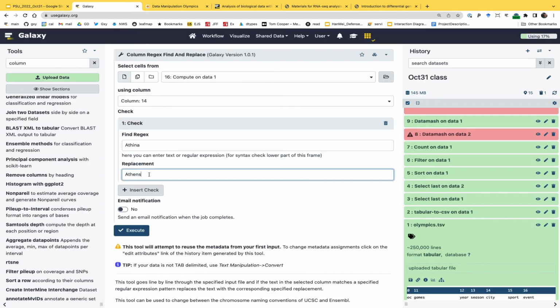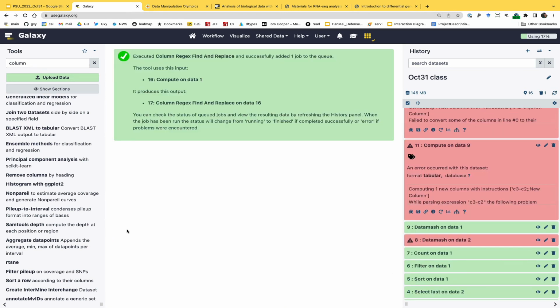In this case, it doesn't matter whether we have a header line or not, because the header line doesn't have Athena or Athens. It will just be skipped. So this is just a simple find and replace. But using regular expressions,